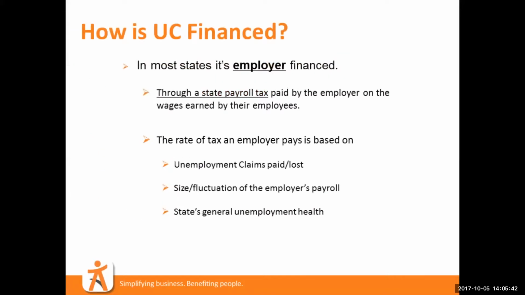So how is unemployment financed? In most states, and two that I think of right away are Pennsylvania and New Jersey, it is solely employer financed through a tax paid on the first dollars earned by each employee. That is the state taxable wage base, or the SUTA taxable wage base, and it varies depending on the state. For example, in Florida, the state taxable wage base right now is $7,000, whereas in Georgia, it's $9,500. So that taxable wage base varies, and the rate of tax that an employer pays also varies based on the claims that have been lost or paid out, the size of the employer's payroll, and the overall general health of